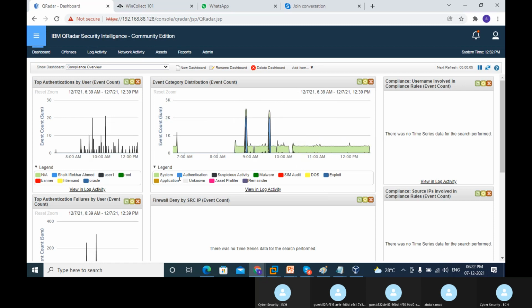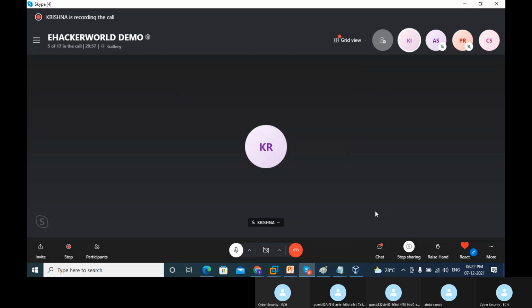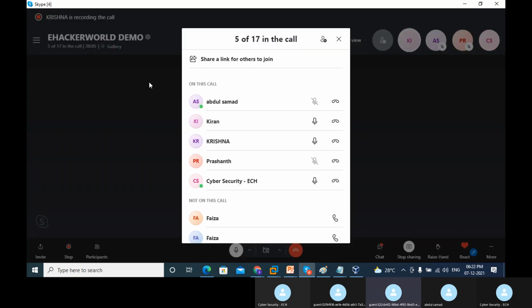Can you see this screen? Is the screen visible? Kiran? No, actually, I can't see your screen. Okay, can you please refresh? Is it only Kiran who is not able to see, or everyone? I'm able to see, sir. You're able to see, right? Okay, no issues. Kiran, can you please refresh your connection once? Just disconnect and connect back, so it will be visible to you. Okay.